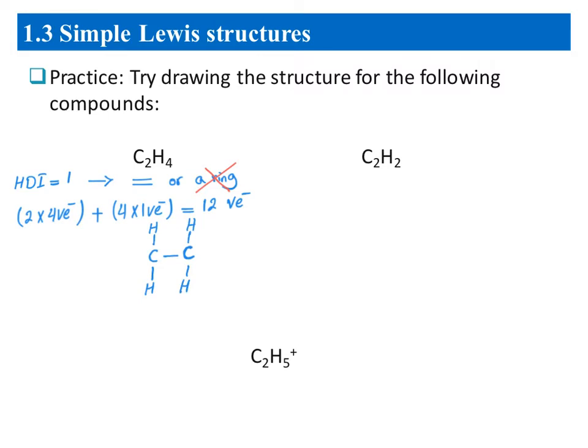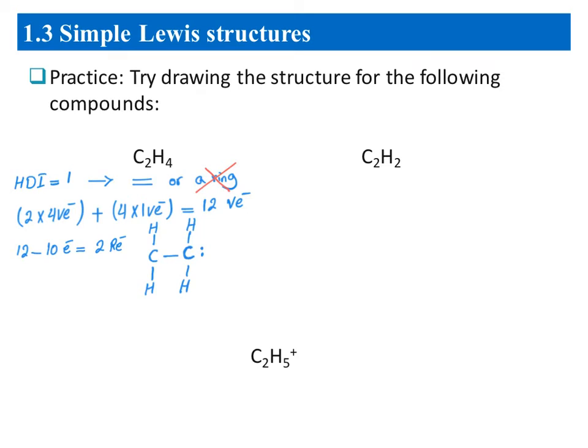Now we need to count how many electrons we use to draw the single bonds. So I use 2, 4, 6, 8, 10 electrons till now. And if I subtract them from the number of valence electrons, that gives me 2 remaining electrons. And I put that remaining on one of the carbons. Now we need to check